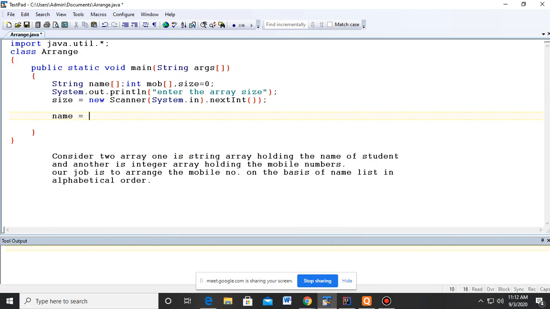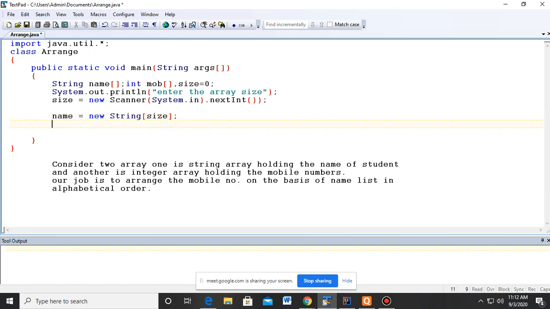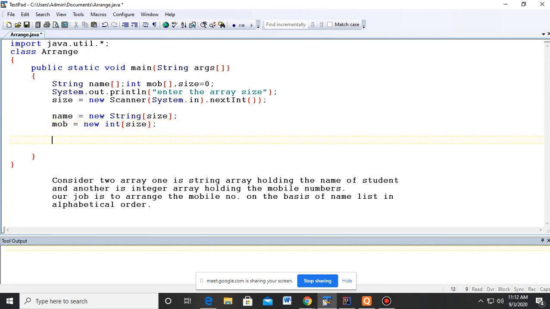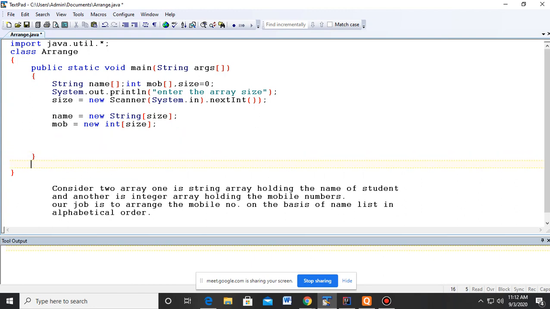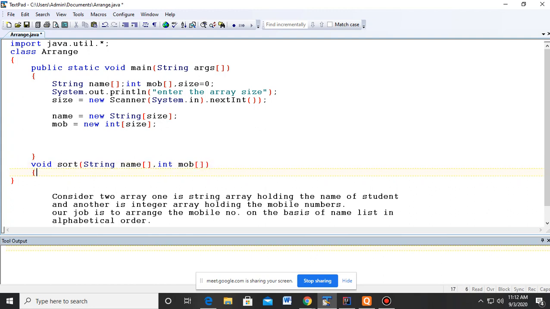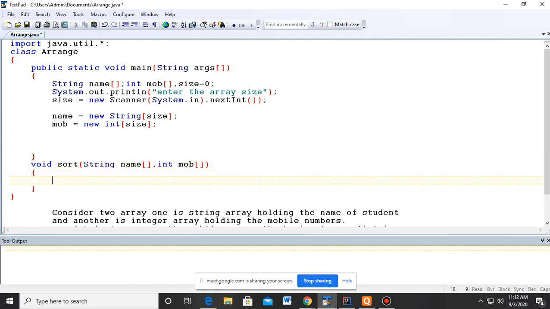So now I am going to initialize the string array first of this size, and then this is for the mobile number, so another array I am initializing. So these two arrays I have initialized, and arrangement of elements I am just doing with the help of this string name type array, and I need to pass these two values within this function, and within this function only I will arrange the values. But before that we need to fill the information.